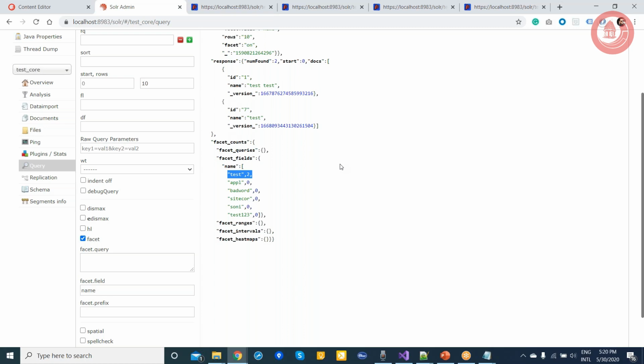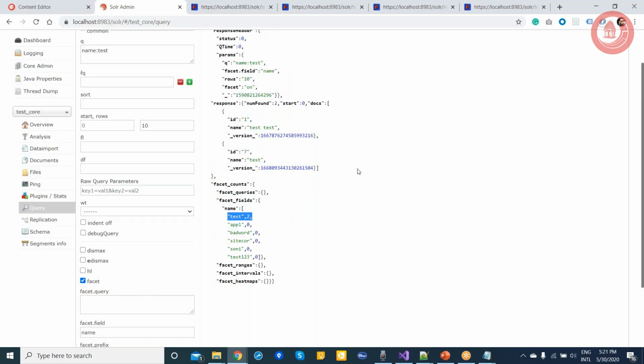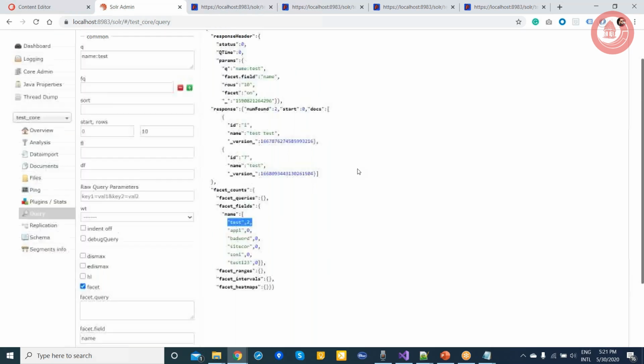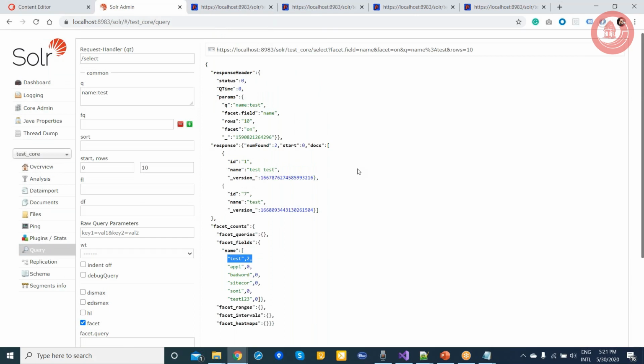Ajay, Naresh here. Yes, we can achieve this using computed fields, the one which you are saying. Basically, if you want to store multiple values, first you need to set multi-valued equal to true on the field, and then you can have a computed field. We can discuss offline next time, but basically you can achieve this using a computed field if Solr is not supporting it out of the box.